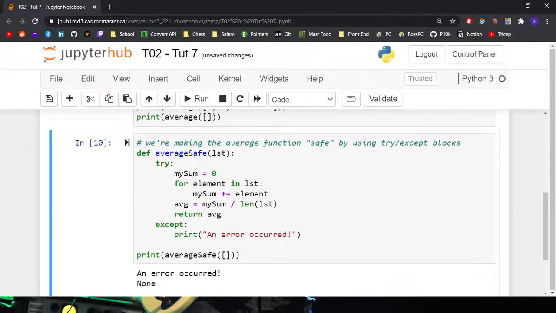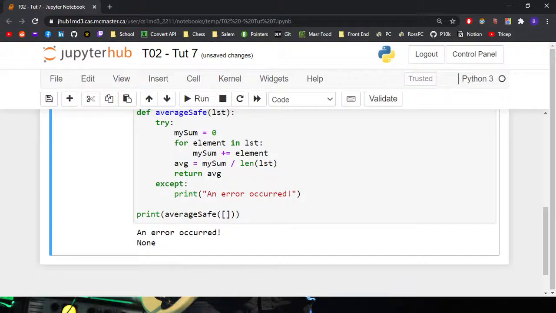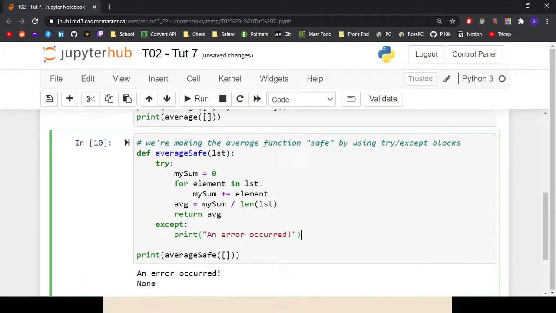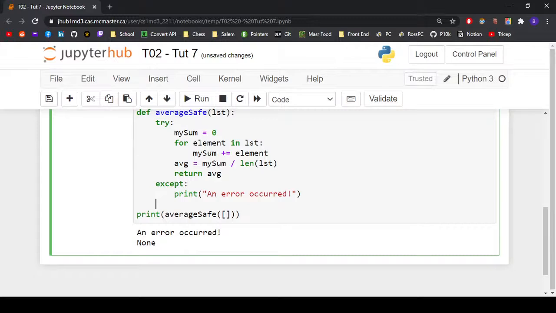And now if we run this, you can see that it actually works. Our error got caught. So even though we're dividing by 0 up here, it does raise a zero division error, but that error gets caught in this except block. And so we're safe. And the reason we have a None here is because